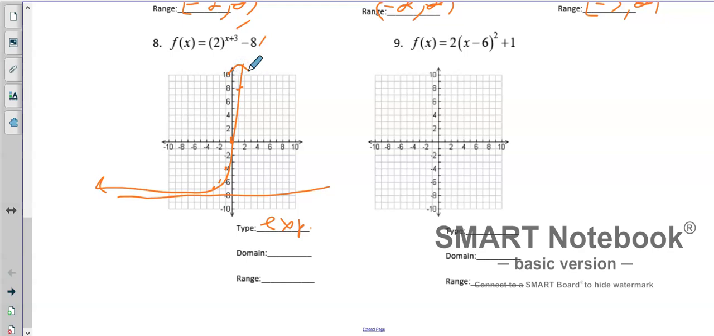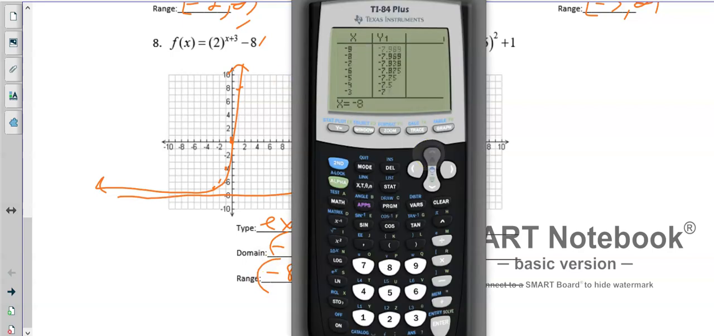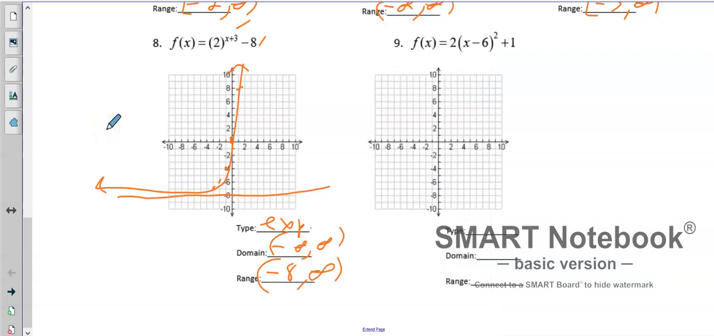So the domain is going left and right forever. The range, positive infinity, down to where? -8. But remember, it's never going to hit -8. Look at the calculator. Okay? Now, eventually the calculator will screw up and say that because it can't handle it, but it never hits -8. It just keeps getting closer and closer for infinity. All right. And our last one